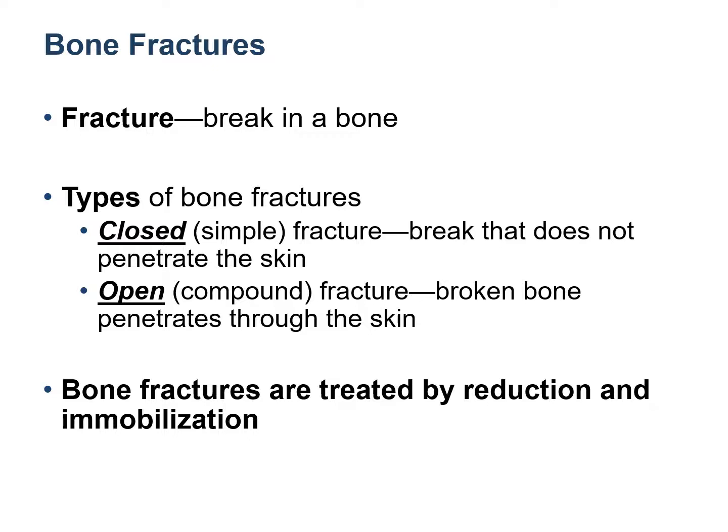All of you are familiar with breaks in a bone, which are known as fractures. Primarily, there are two types of fractures. The closed or simple fractures, where the bone break has not penetrated the skin, while the open or compound fracture is where the broken bone has come out through the skin. Now, usually the fractures are treated simply by reduction and immobilization. That means giving it adequate rest because bones are highly vascularized, so they heal pretty fast.